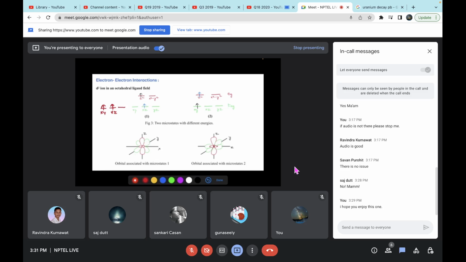So there are a number of microstates possible in the ground state itself, but let's just discuss one excited state example. If I say that in the ground state my two electrons were in xy and xz, then in the excited state,